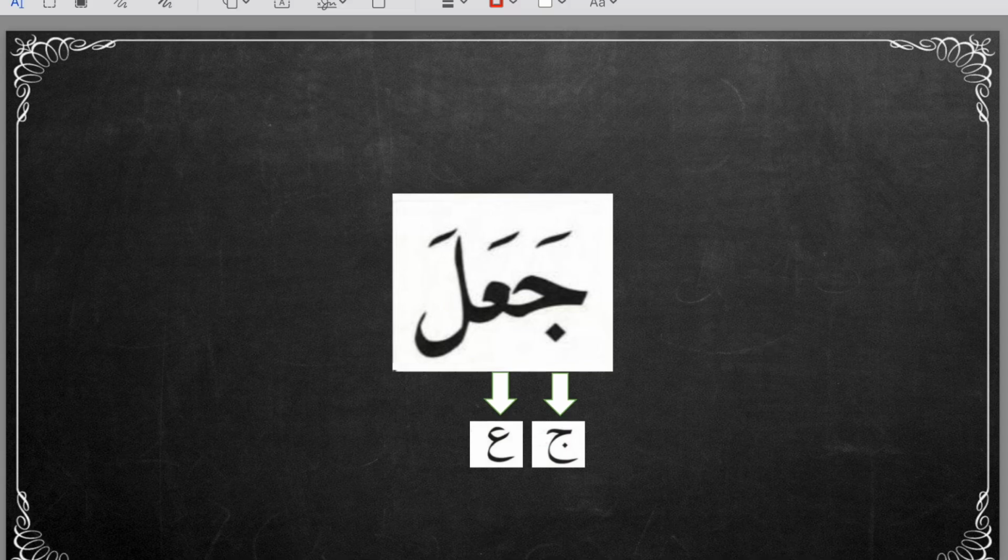Now when we are stopping on this word, again looking at the last letter, it has a fatha. The fatha will go away and we will get a sukoon in its place, connecting the ayn with the fatha, with the lam with the sukoon. جعل